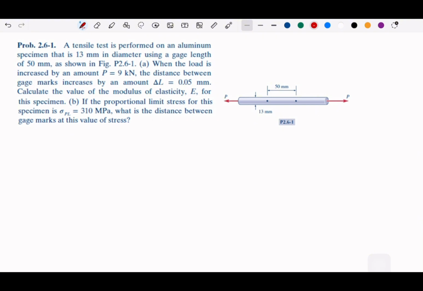So we have 9 kilonewton, I think the P. So we have a force 9 kilonewton, the load for each endpoint. Also we have the diameter 13 millimeter, and then the original length is 50 millimeter. Okay, so first I think